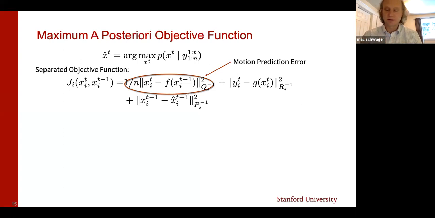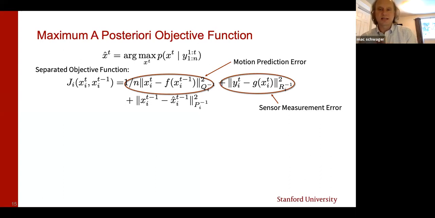that predicted from your motion model, then how far away your state estimate is from that predicted by your measurement, and then how far your state estimate is from that which you predicted at the previous time step. That's the prior. Notice these are all least squares terms. They're linear least squares terms in the case that f and g are linear functions. And they're Mahalanobis distances, right? These are quadratic forms with a matrix in between, where this matrix is associated with the appropriate noise. So the Q_i matrix is the noise covariance for the process noise, the model noise, and then R_i is the noise covariance for the measurement noise.